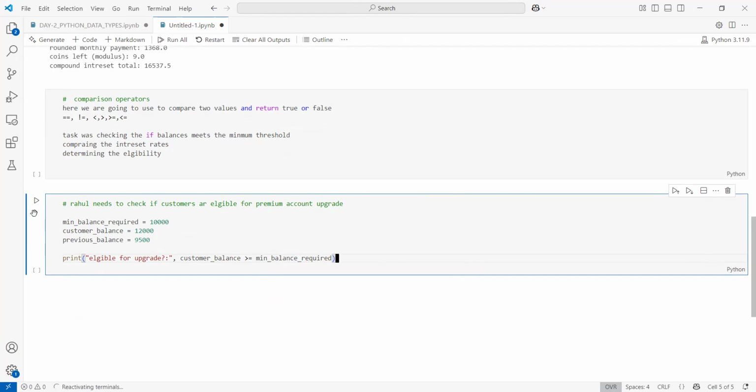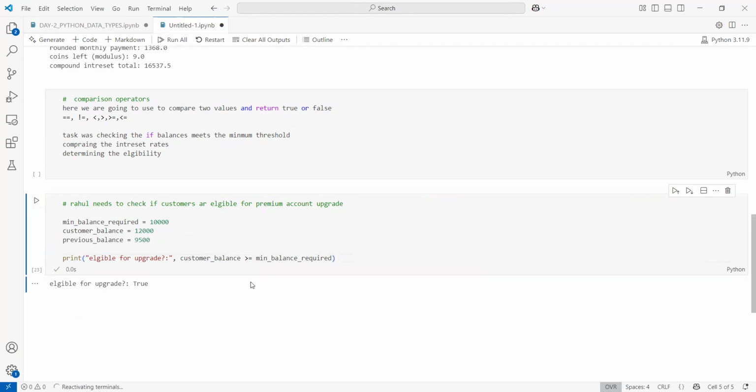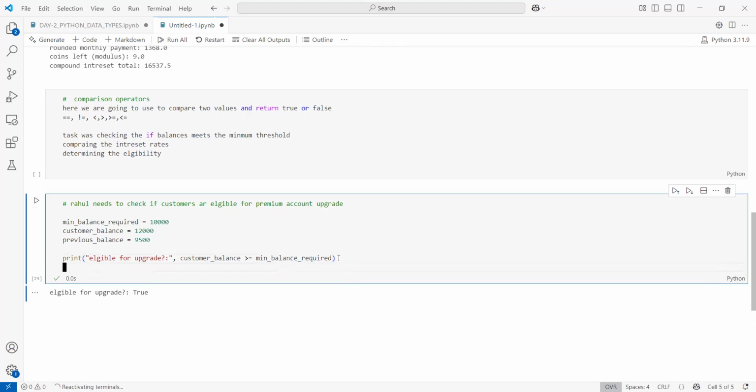Let's see what was the output. See, the eligible for upgrade is true. Why? Because he has the balance. The minimum balance required is 10,000, but the customer balance is 12,000. So here, what was given to get an upgrade? Eligible for upgrade or not, you have to check that the customer balance is greater than or equal to the minimum balance. Now I want to print the customer